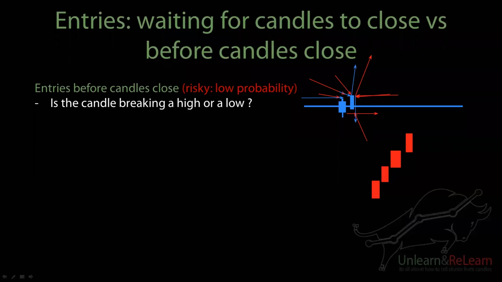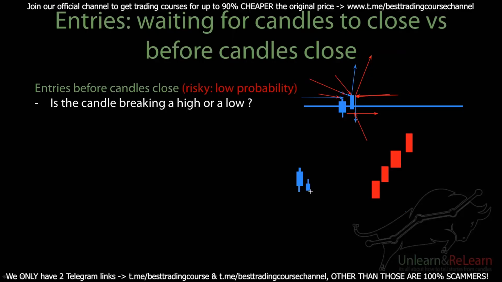In the same way, if you have candles moving bearish and a candle breaking the low of the previous candle, you take the entry as it's breaking the low, keeping the stop above the current candle, anticipating price to continue moving bearish without coming up to break its own high. You'll have to watch it again to really understand this. A risky trader takes an entry here, anticipating that this candle has probably made a lower high and is going to continue on to make a lower low.